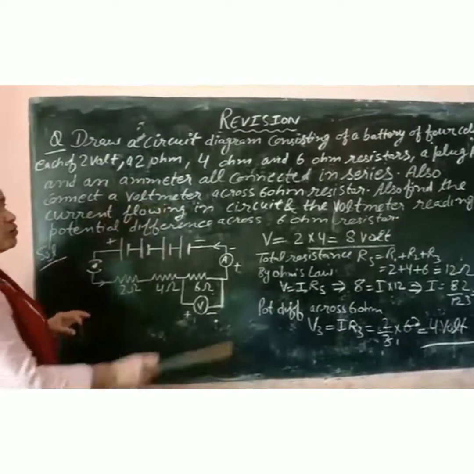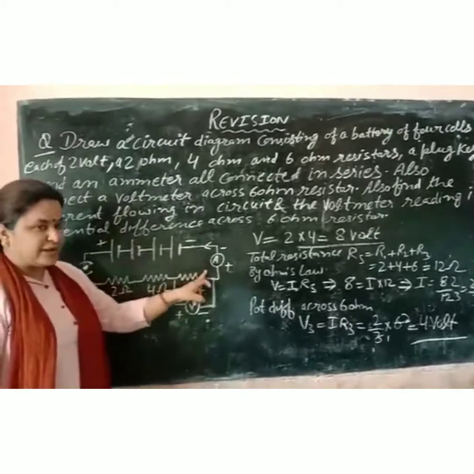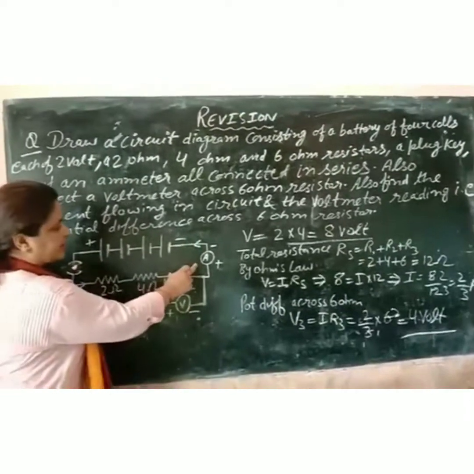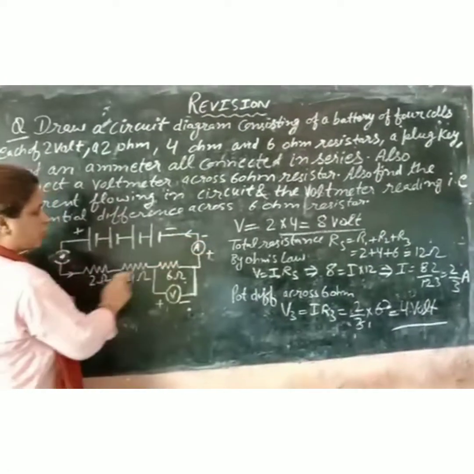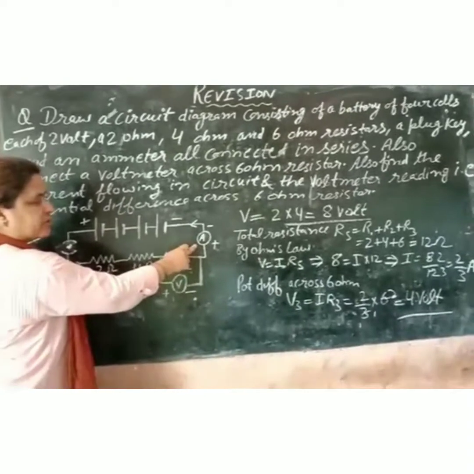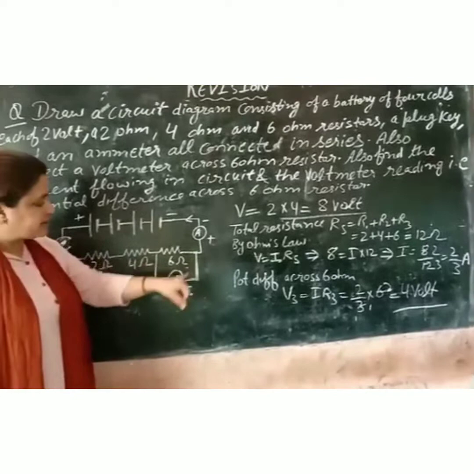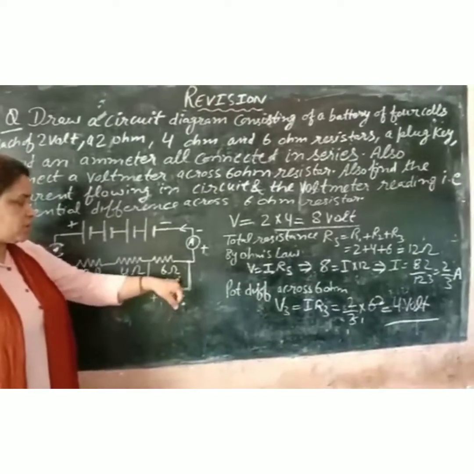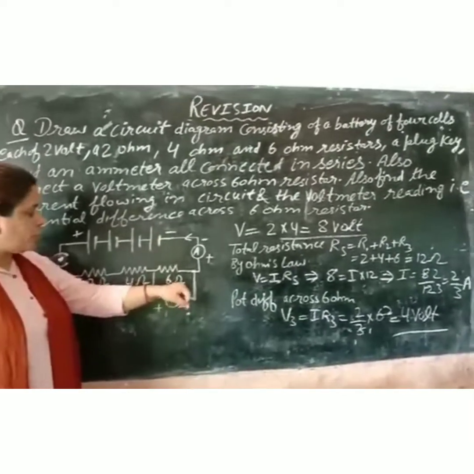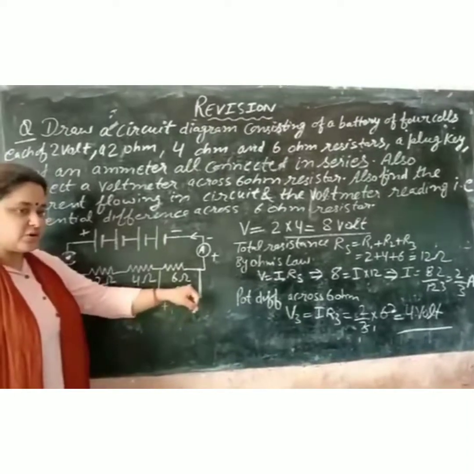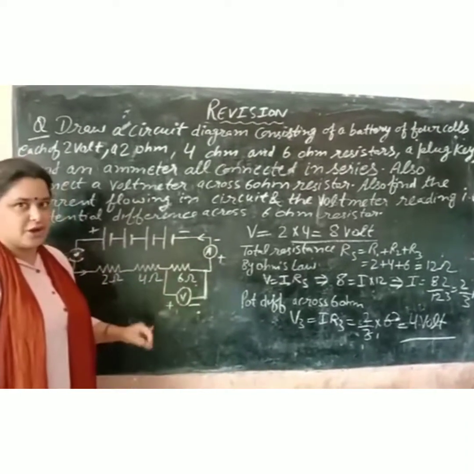Now we will find out the solution, that is, what is the ammeter reading? What is the meaning of ammeter reading? Total current reading, because as you are watching it is connected after combination, and in series current remains the same throughout the circuit. And the second portion is to find out the potential across 6 ohm resistor only, not the total potential. They are asking across 6 ohm. So let's do the solution now.